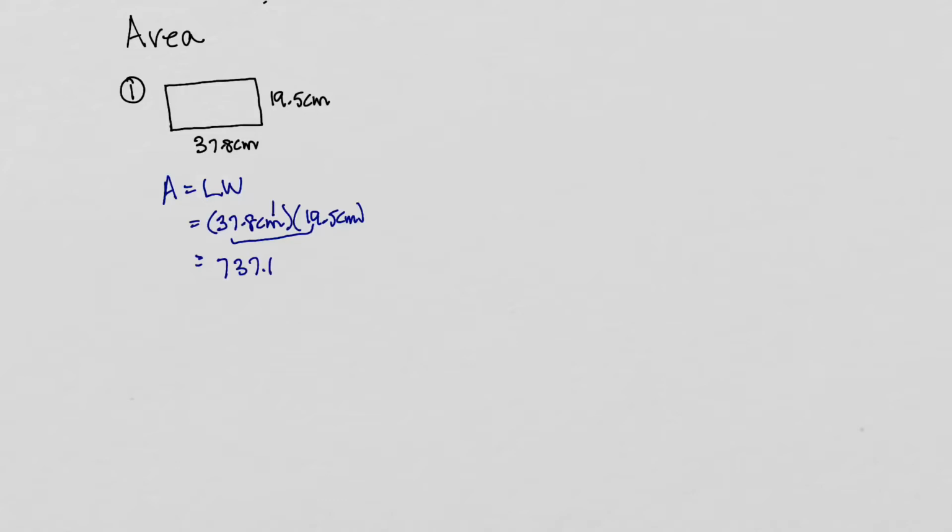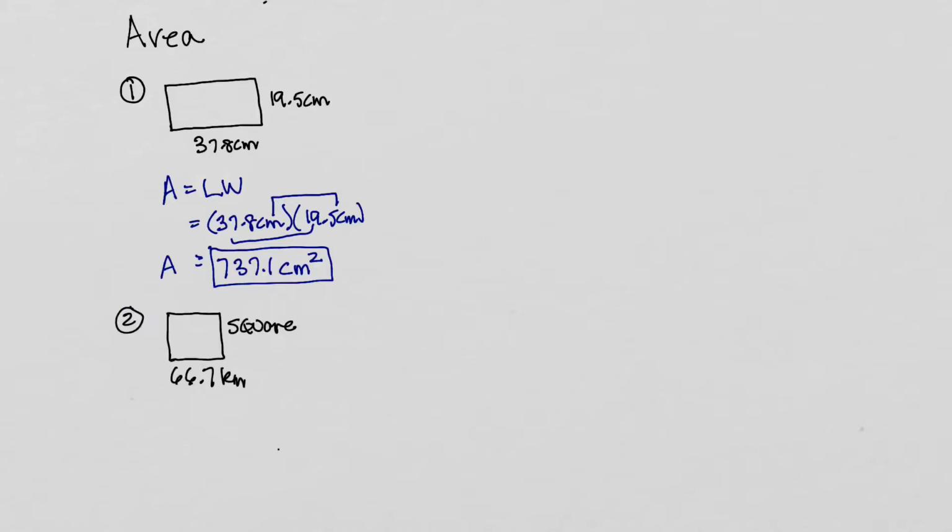737.1, and now we've got centimeters times centimeters. That's going to be centimeters squared. So there's our area, 737.1 square centimeters. And in number 2, we've got a square with this length on a side, so the square